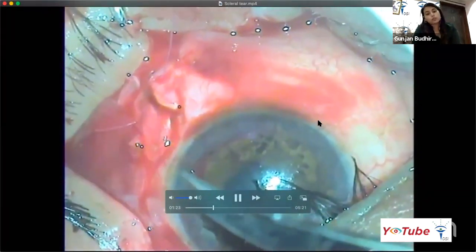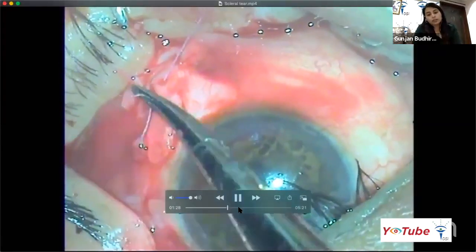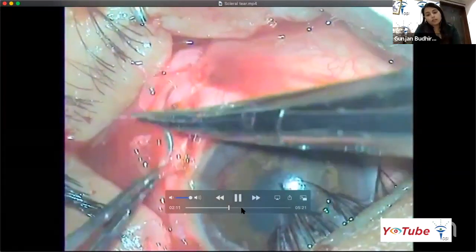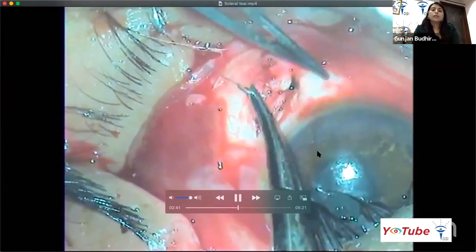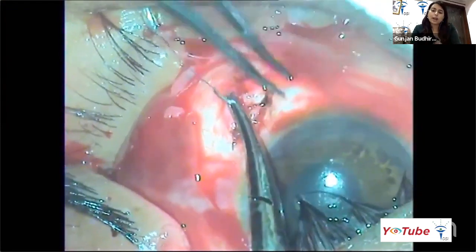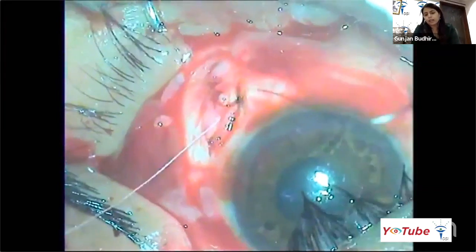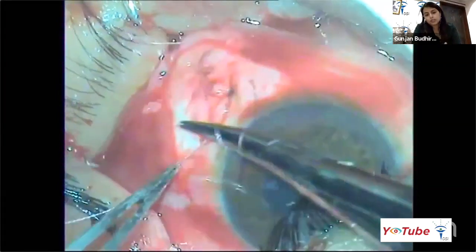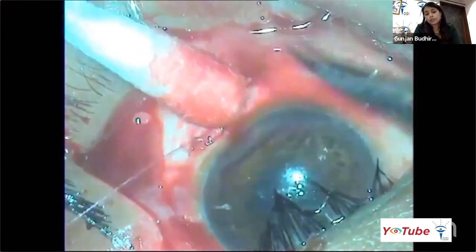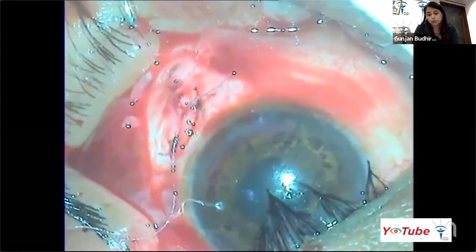We could achieve a good apposition with the help of Vicryl sutures here, and then we keep going ahead and repairing the sclera. In the end, we can see that this is a very deep scleral tear, because there's a flap-like tissue just below the conjunctiva, and it is not a smooth surface, it's a very rugged surface. For that, we have to be very careful whether we are opposing it correctly or not, because you can see here we're not able to achieve the correct tightness with the suture.